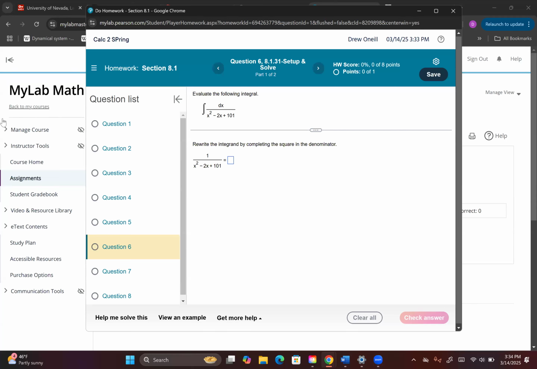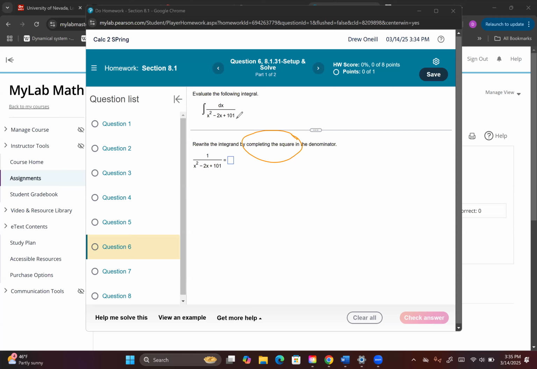Completing the square. So this one's not too bad, although I'll tell you something about completing the square. I tutored probably starting when I was late 20s, so right when I was getting into teaching in grad school. And completing the square is probably, and I don't say this lightly, the hardest thing I've ever tutored in math. Tutored, not as a student, but as a tutor. Okay, it's just not something that we are familiar with.